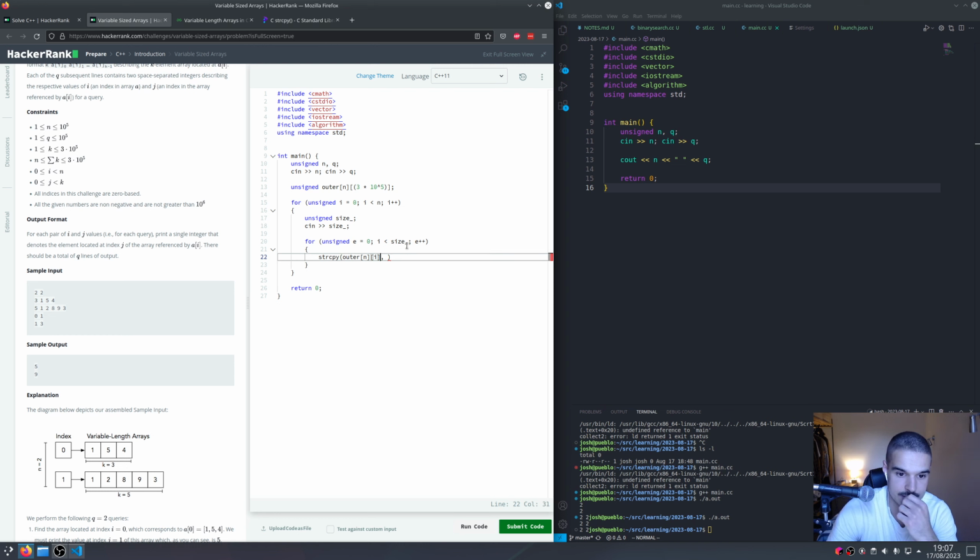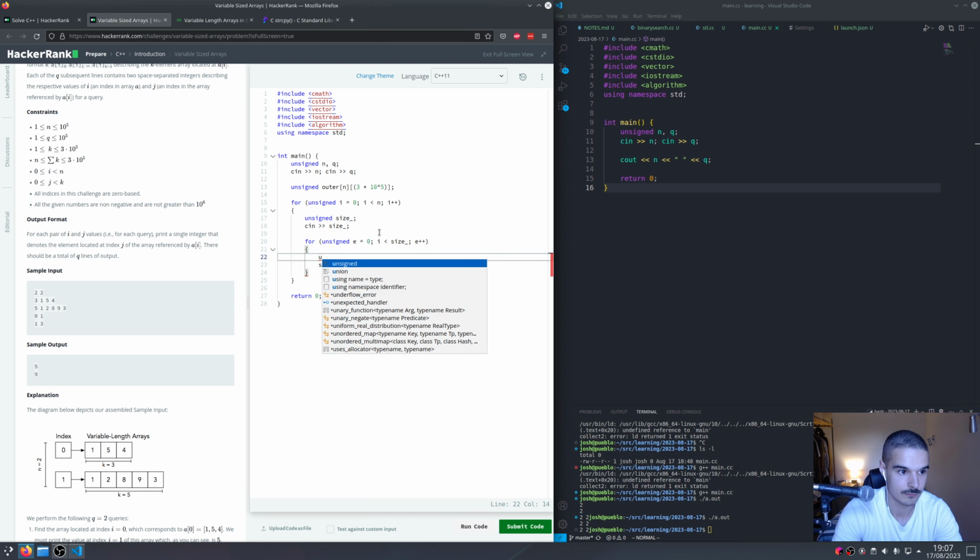It's not a vector array or pointer. Sorry, it's not n. It's i, obviously. That's our destination, and what we want to copy in is, okay, nothing is ever below 0, so